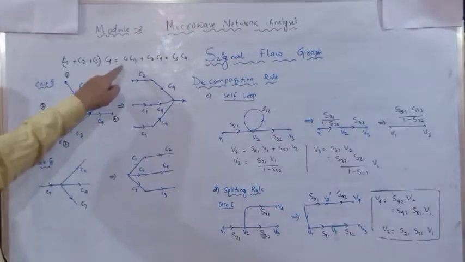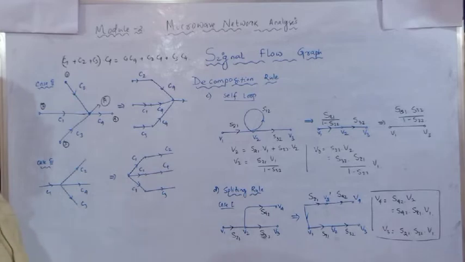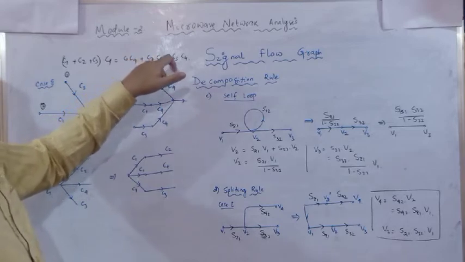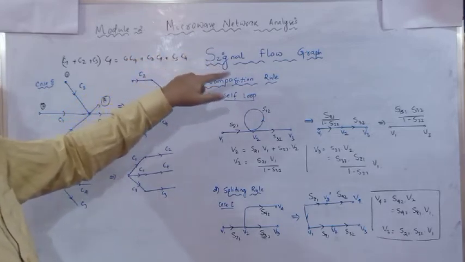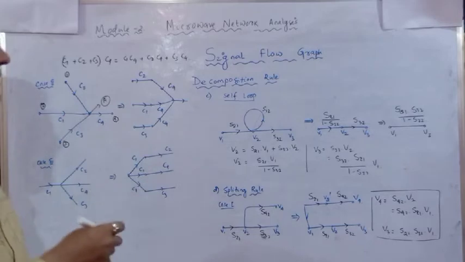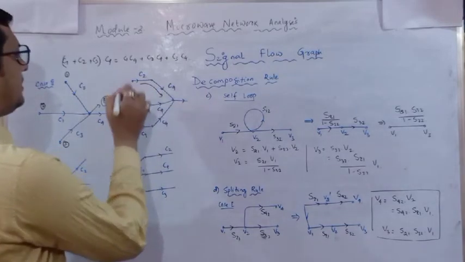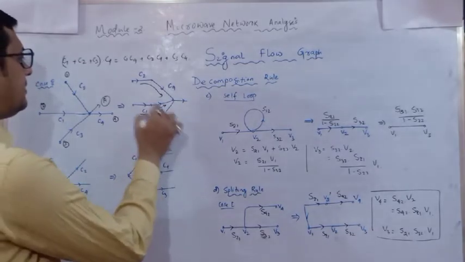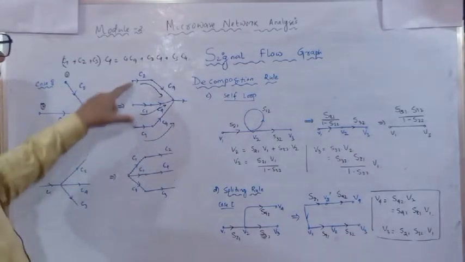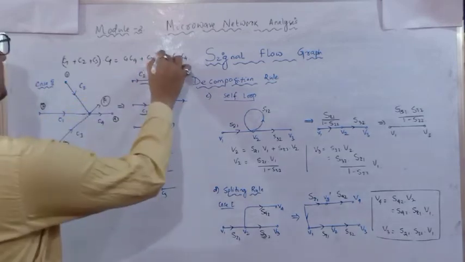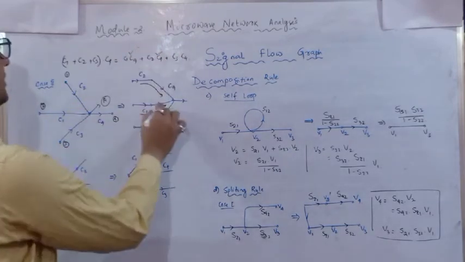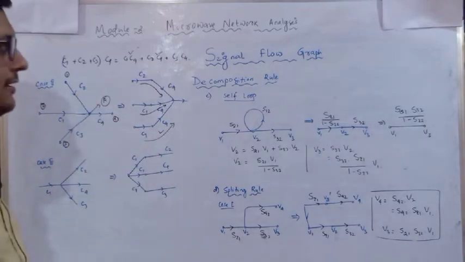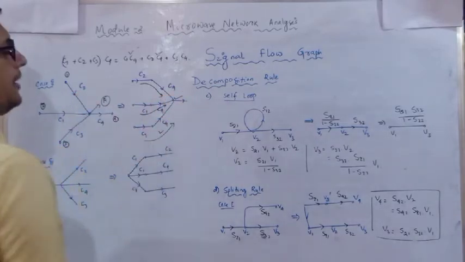Yes. So this representation we can also represent like this. Combination of C1 and C4, combination of C2 and C4, combination of C3 and C4. Combination means these all are in series. So C1 is in series with C4, C2 series with C4 and C3 series with C4. So C2 into C4, yes it is there. C1 into C4, yes it is there. C3 into C4, yes it is there. At last what we are doing? At last we are adding up, at this particular point.